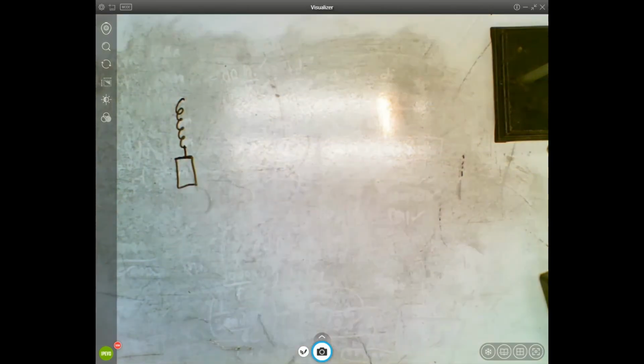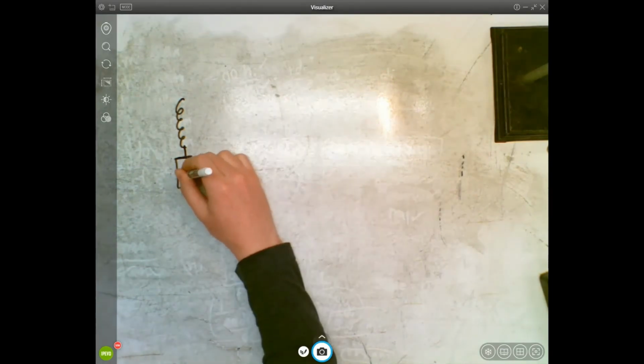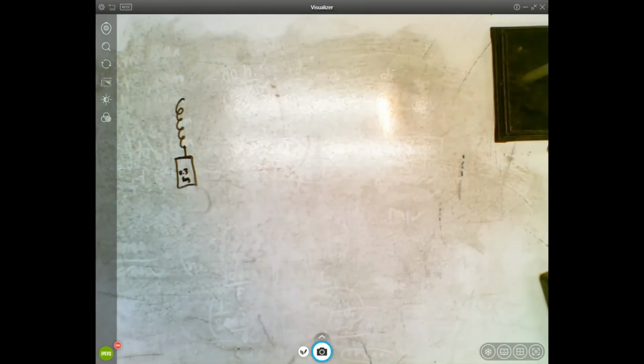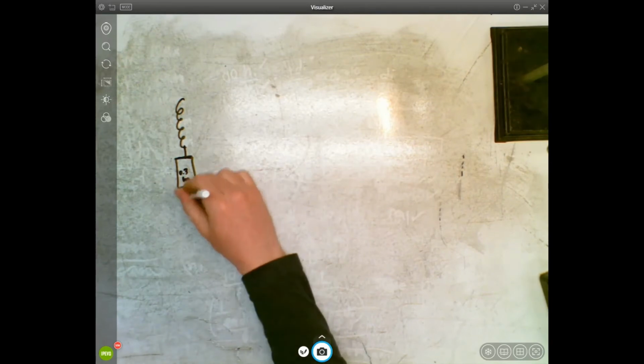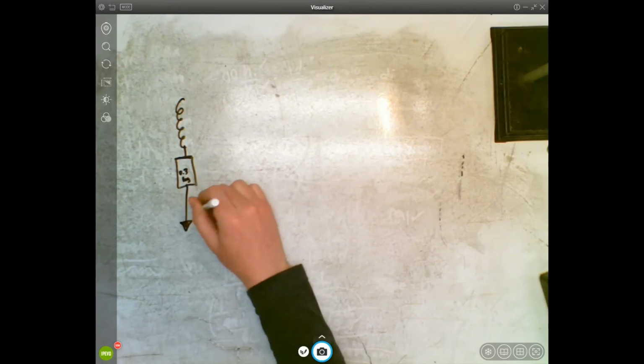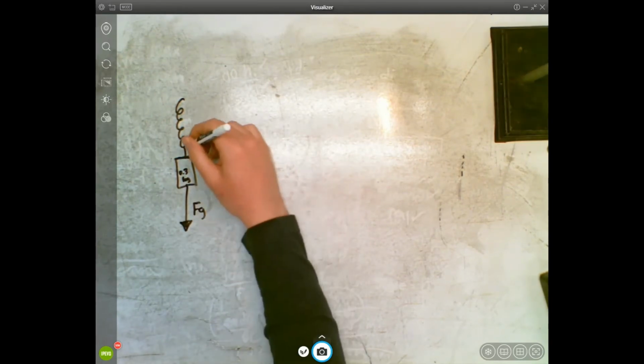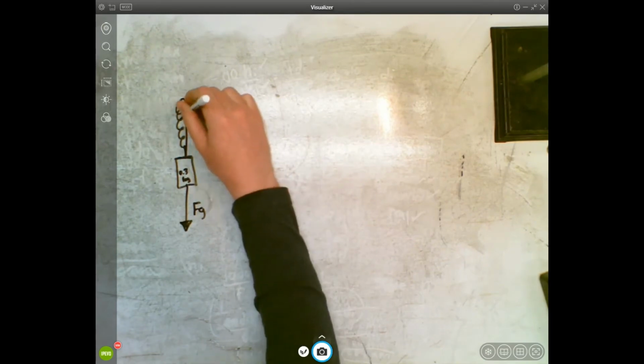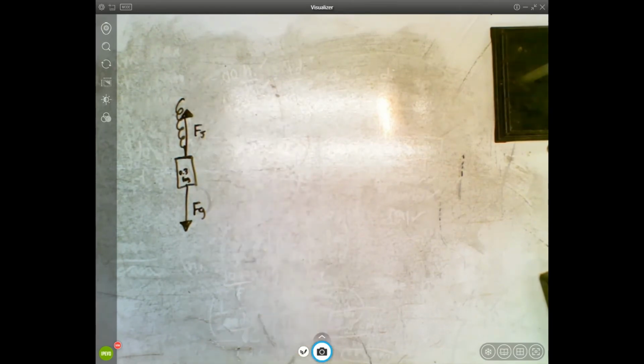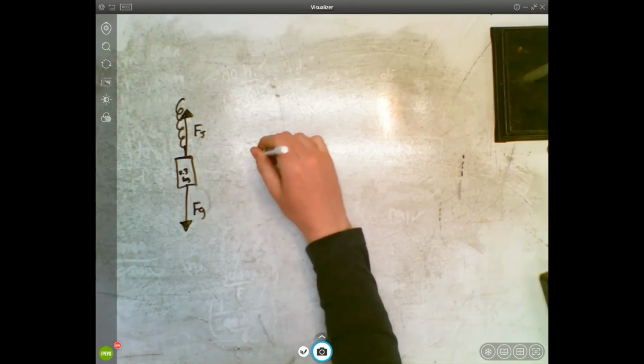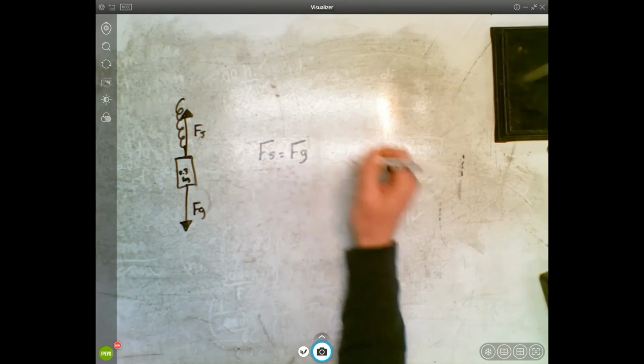Here's our mass right here, and it's 300 grams, so 0.3 kilograms. So we can draw a free body diagram. Gravity is acting on this spring, but there's also a spring force. It's trying to go back to that initial position, so there's a spring force up. And it says in the question that it's stationary, and we know if it's stationary that these two are going